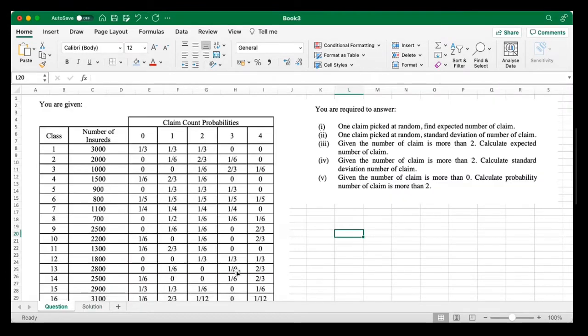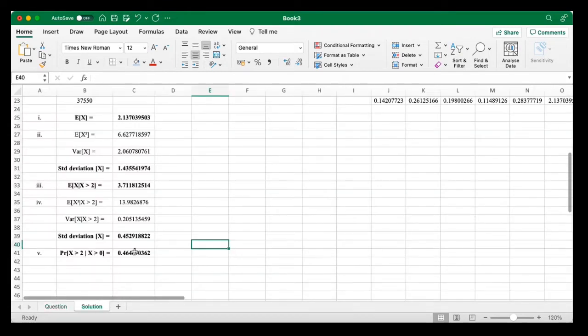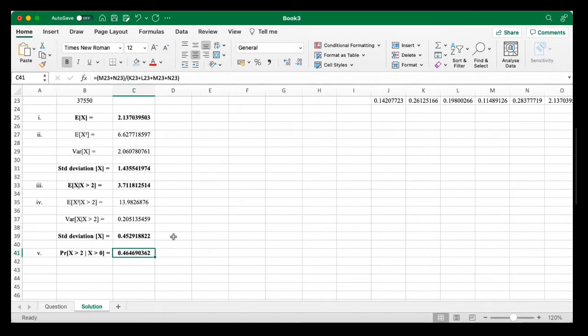Finally, we move on to the last question. Given the number of claims is more than 0, calculate the probability of the number of claims that is more than 2. So for this one, the notation is written over here, where the probability of X greater than 2 given X greater than 0 means we need to calculate in the numerator the probability of the claim count larger than 2 divided by the denominator, where the probability of claim count is greater than 0. So the